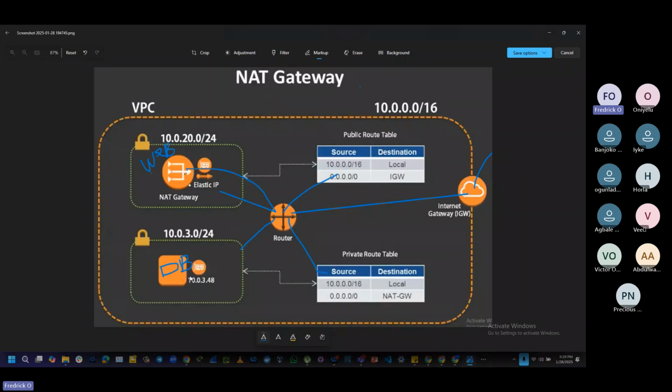It only allows outbound traffic. It does not allow inbound traffic. You understand? It only allows outbound traffic. And if you want to counter that statement, why I say it doesn't allow inbound traffic but allows outbound: in this case, if you are going to download something from the internet, is it not going to come back? The answer is yes, because the NAT gateway is smart enough to know that it's just like you